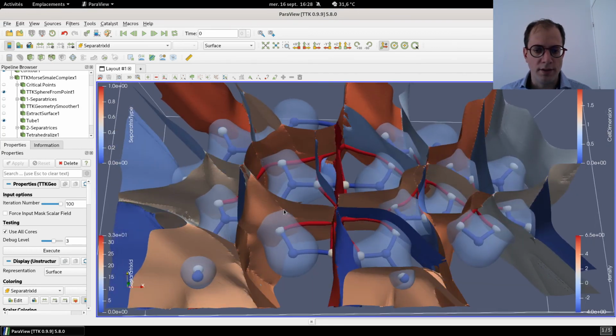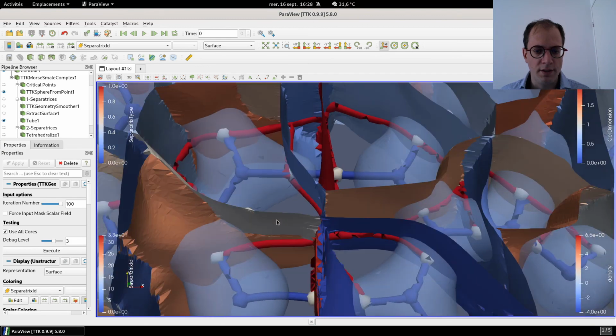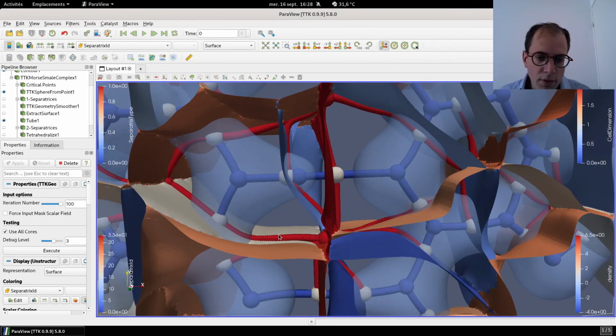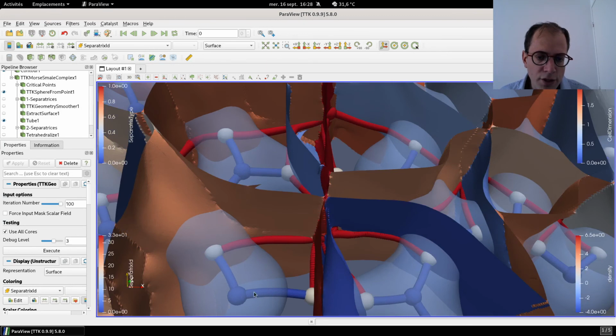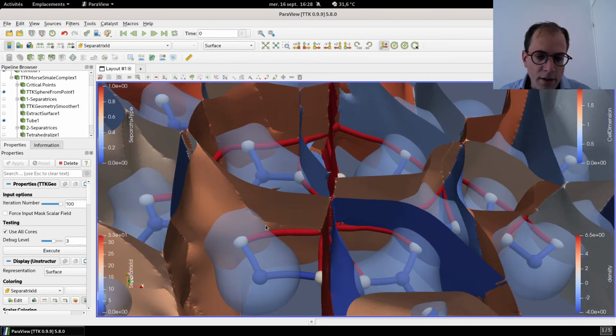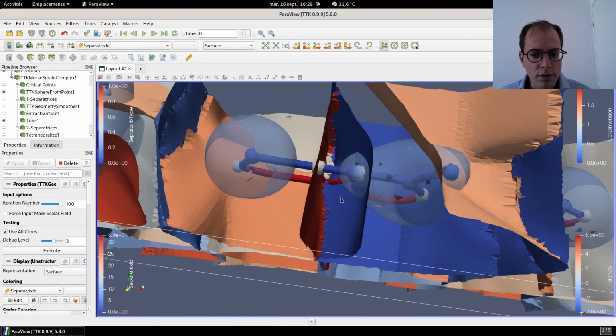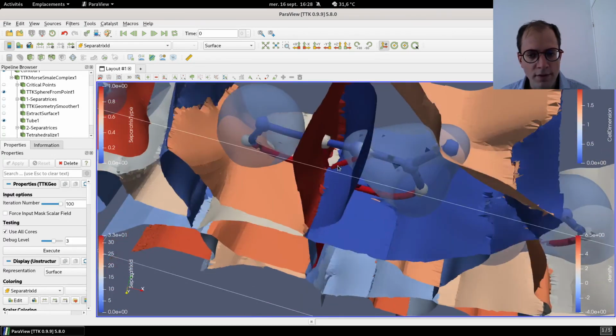So, as you can see, those surfaces represent the borders between the areas of influence of each minimum. In fact, every 1-saddle between two minima is contained in one of these surfaces.